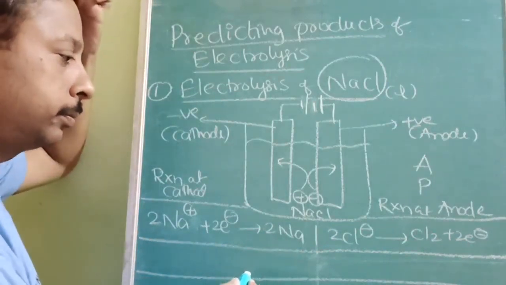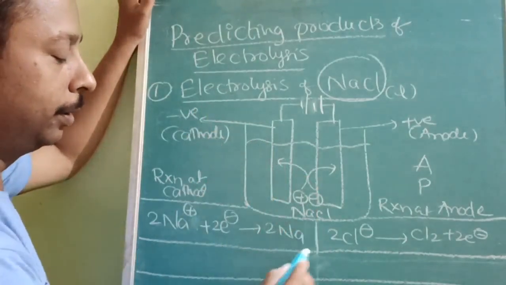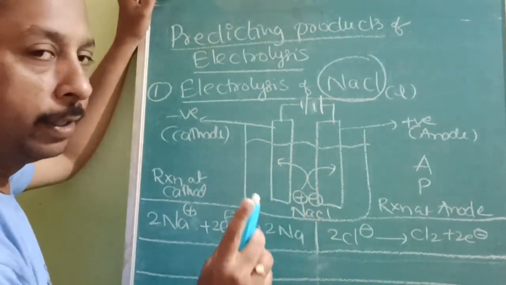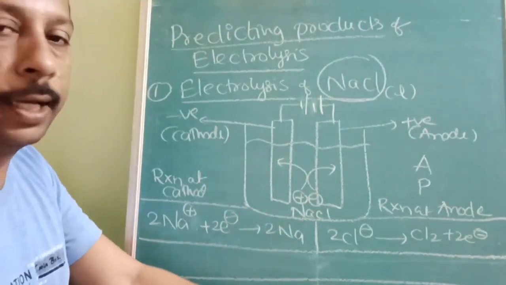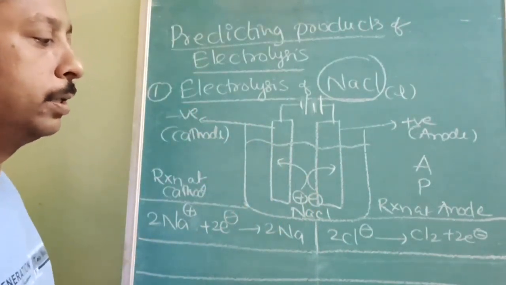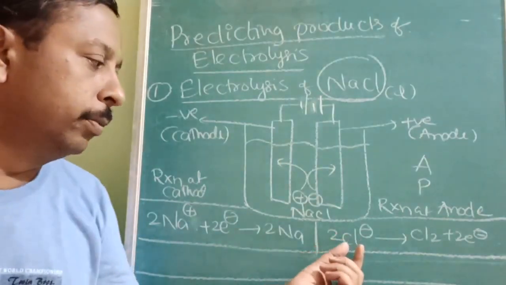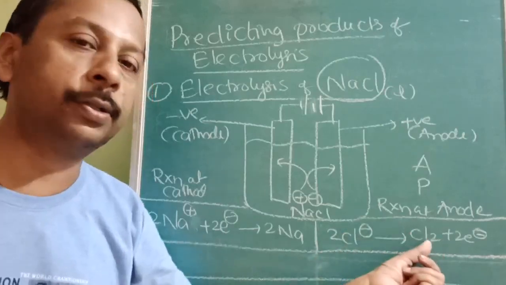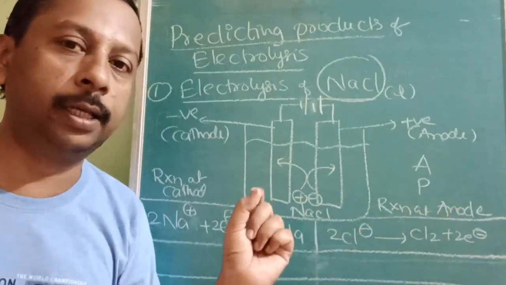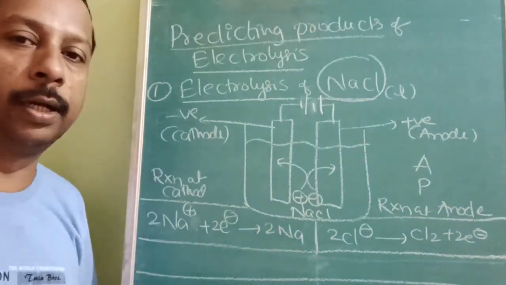What I wanted to tell you is that during this electrolysis there is only one reaction, but in the next example 2, 3 reactions are possible. How to manage that, how to handle them, you should understand. One more thing, -1 to 0, oxidation. At the anode, oxidation. At the cathode, positive to 0, reduction.